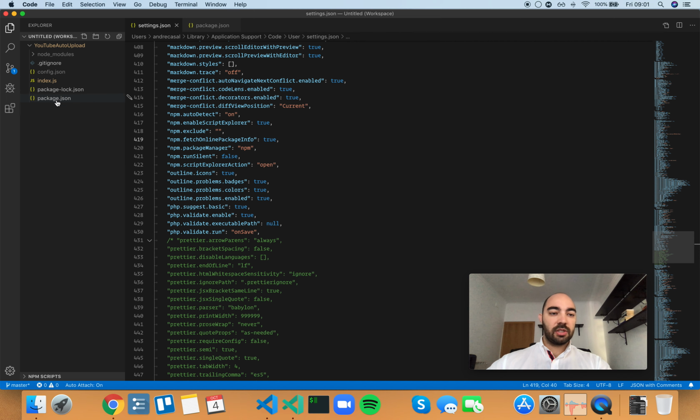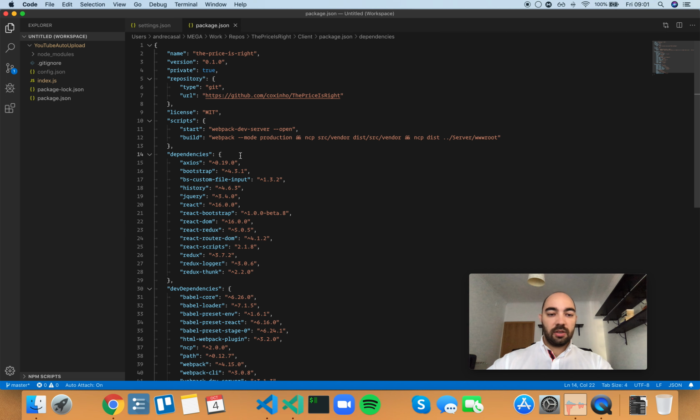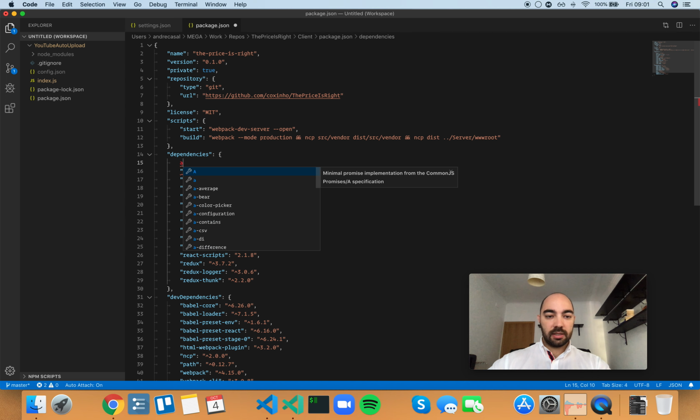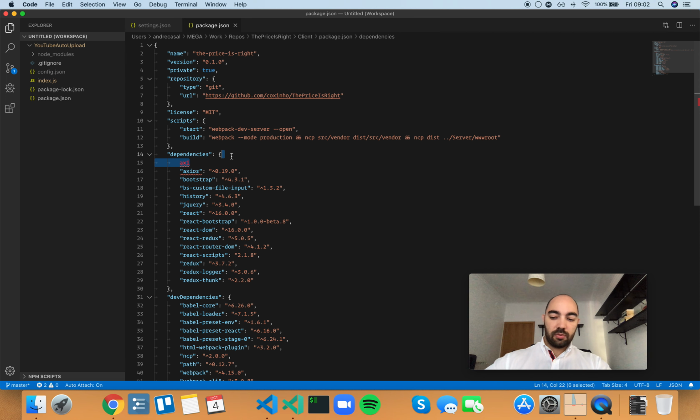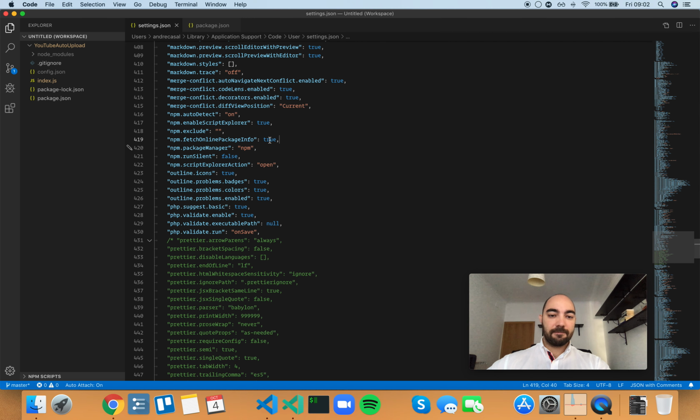If you have a package.json file in your project and you're trying to write a dependency by hand, all of these suggestions are coming from those two websites. So these are all available packages, registered packages on those websites. And as you can see, we have Axios and Actions Agent and all of the packages that are related to Axios. So if you disable this,